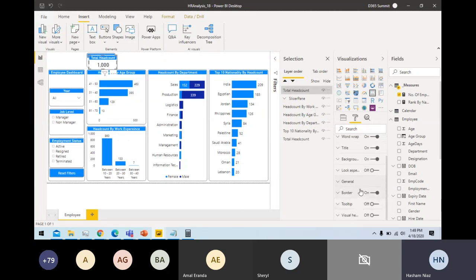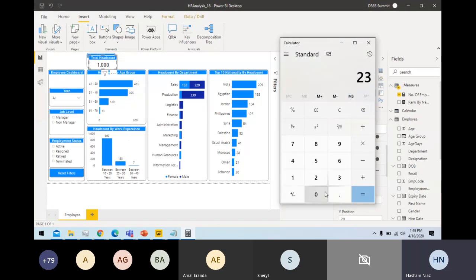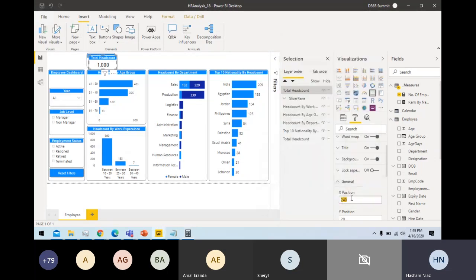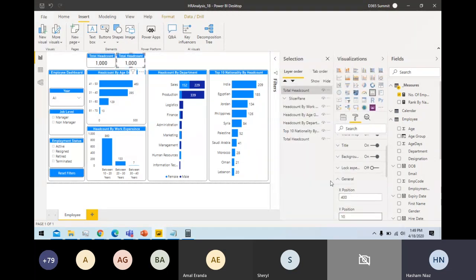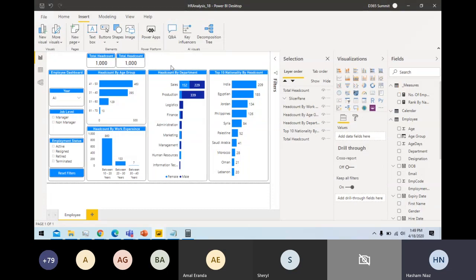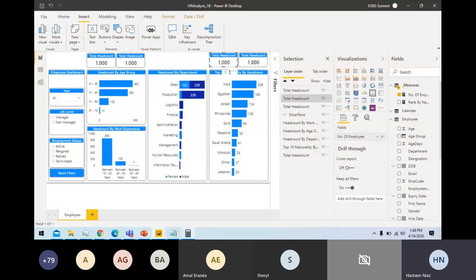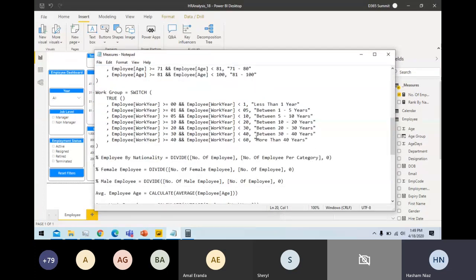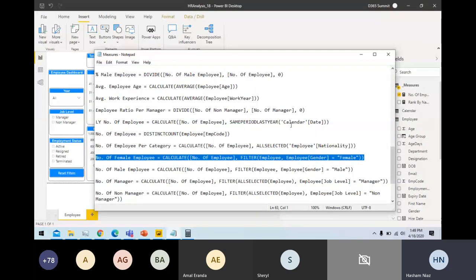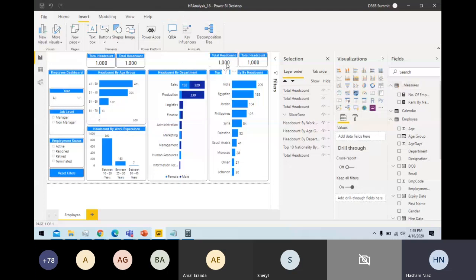What I only need to change here is the positioning. Now this is aligned. So in the male female count, I will copy paste these two here. I will place this here. You can do this alignment thing here. Now I create two measures, for male and female. So for the male and female count, how can I do it?